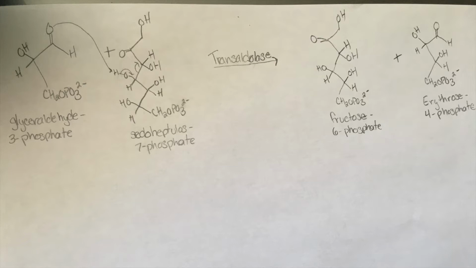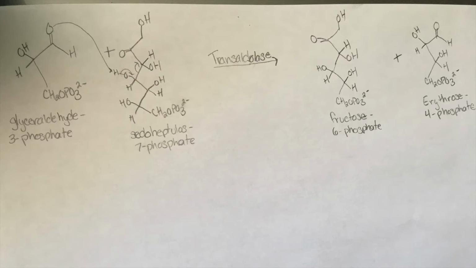Next, glyceraldehyde 3-phosphate and sedoheptulose 7-phosphate are reacted together with transaldolase to create fructose 6-phosphate and erythrose 4-phosphate. 3 carbons from the sedoheptulose 7-phosphate are added to the glyceraldehyde 3-phosphate to make these products. Fructose 6-phosphate is then used directly into the glycolysis cycle, whereas erythrose 4-phosphate is reacted again before it can enter